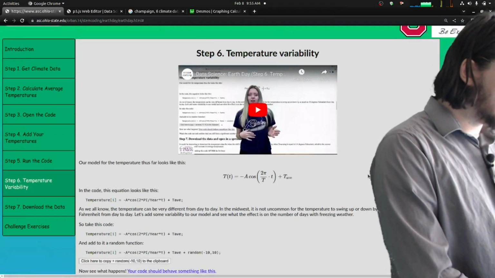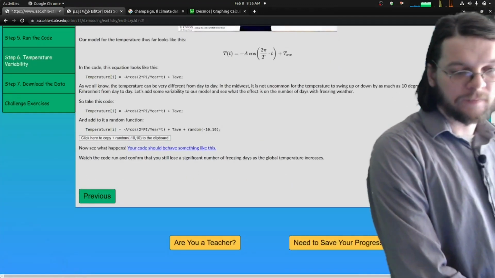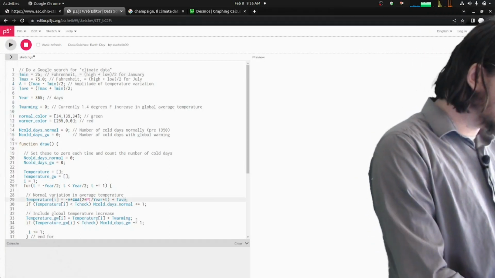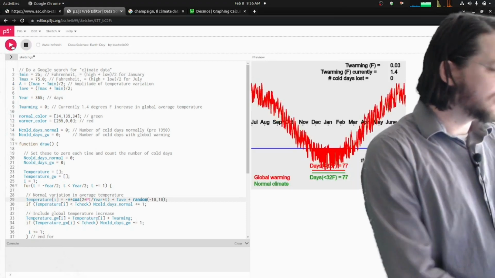And a fun thing you can do is to add some randomness to it. So you can have this little copy code thing, add a little bit of randomness to it. So that would be, I think it's here. Just Control V to paste that in. And